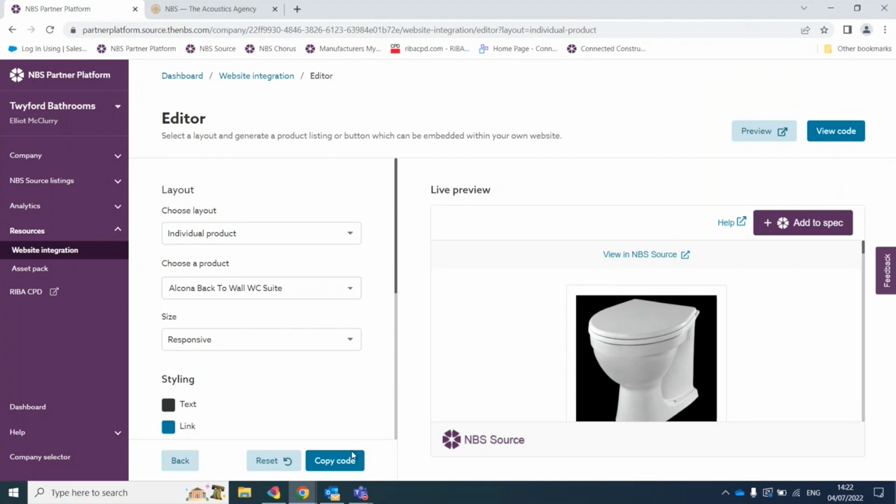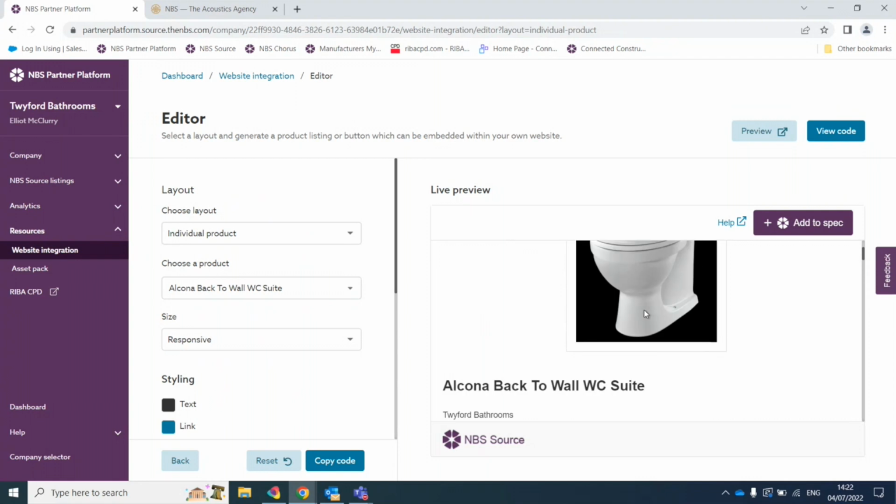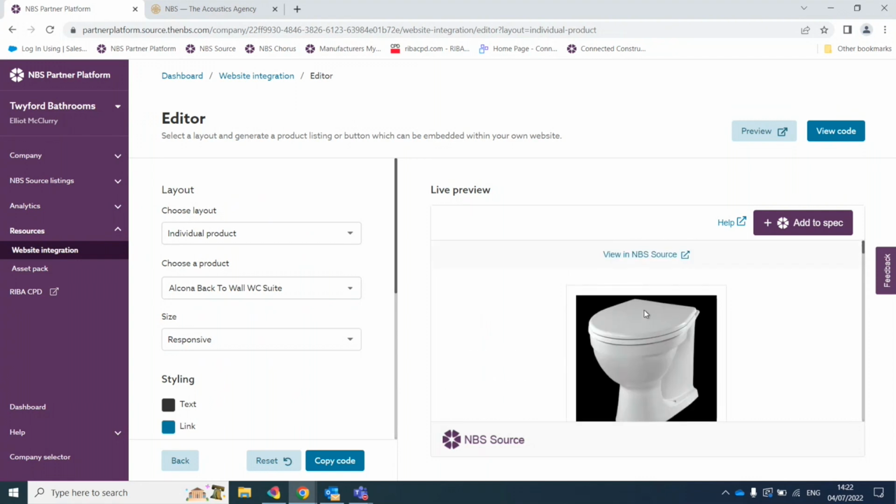Once you're happy with it, copy the code and embed it within your website. And again, from this point, obviously, because it's only each individual product, you might want to put it on each individual product's page on your website. And again, from there, it means to specify, I can easily click the add to spec button, copy and paste